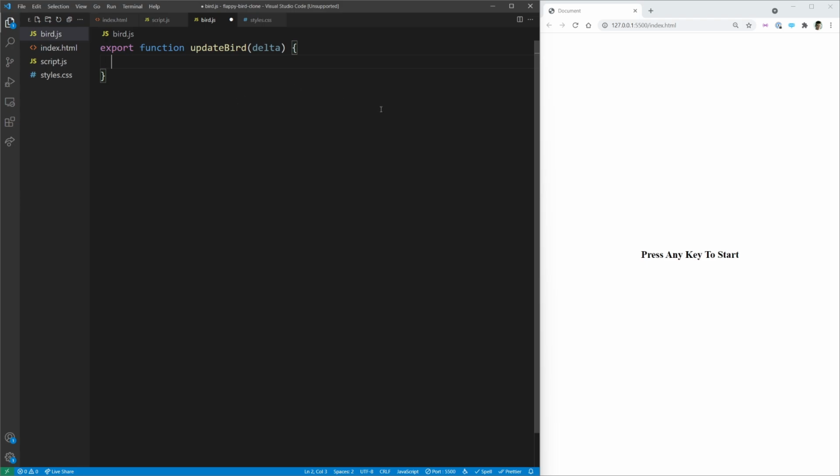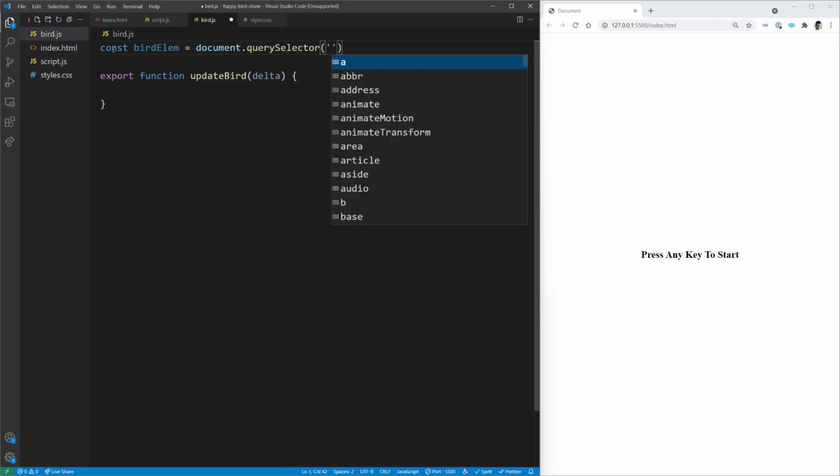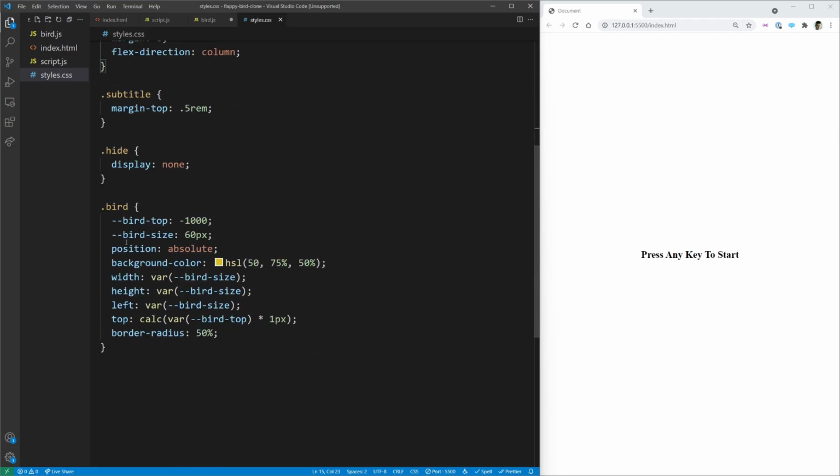So let's just make it so our bird falls by default. So what we can do is we can set the top position of our bird. So first we need to get our bird element. We're going to say const birdElem is equal to document.querySelector, and remember we gave that a data-bird attribute that we can select on it, just like that. And then in order to set this top variable, which we have inside of our CSS, this bird top here,